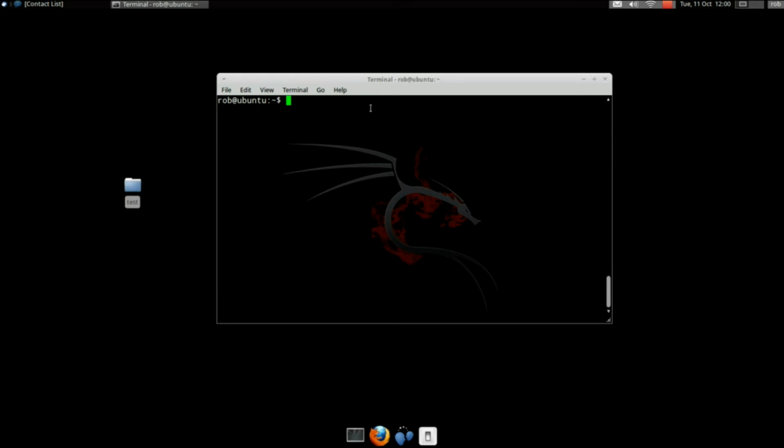But since we're not there, we don't have to change directories all the way back. We can just give it the path to where we were. So we can do this. We can do rmdir. Now the directory that we want to remove is in, if you remember, /home/rob/desktop/